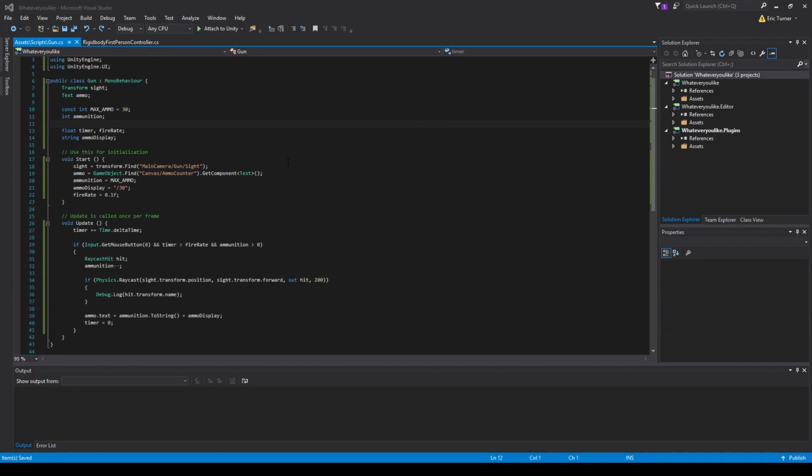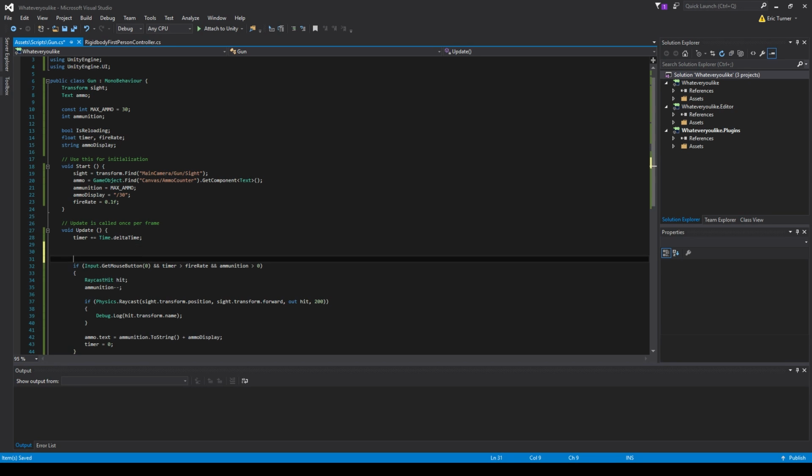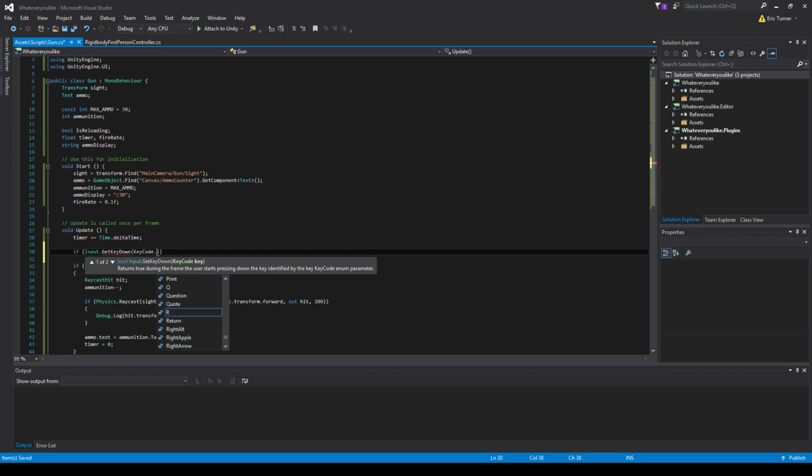The last thing I'll show you today is reloading. So let's start by declaring a boolean, and we'll call it isReloading. Then we're going to want to check in our update function if the user has pressed our reload key. So for now we'll bind it to R, because that's a common first-person shooter reload key. We do this by doing if Input.GetKeyDown KeyCode.R,